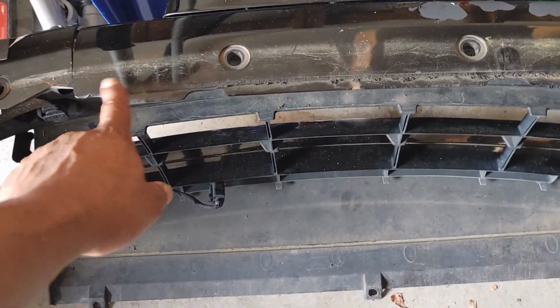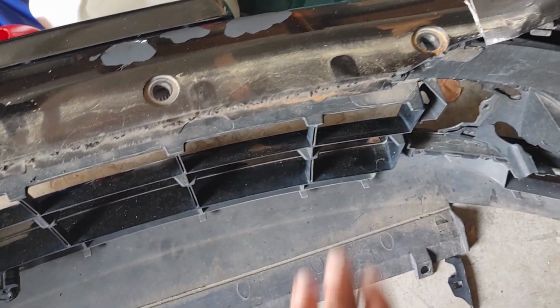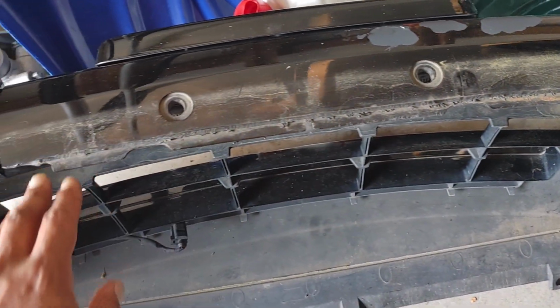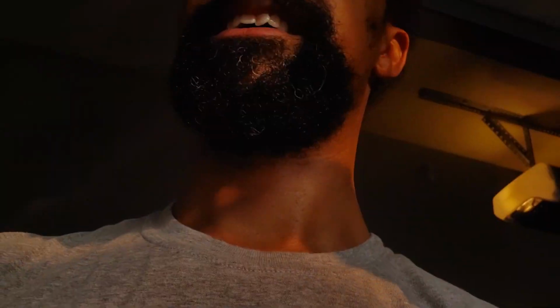I'm looking at it. I'm gonna practice on this one. I could just saw it off, and I did this in like 5 minutes. Saw it off, and then I could sand it down, and then just take it to the place, prime it, and then take it to the place to get painted. Or I could ask them to do it, but they're gonna probably charge me way too much, and I could do that myself. So today, on this gloomy, muggy day, I'm going to attempt